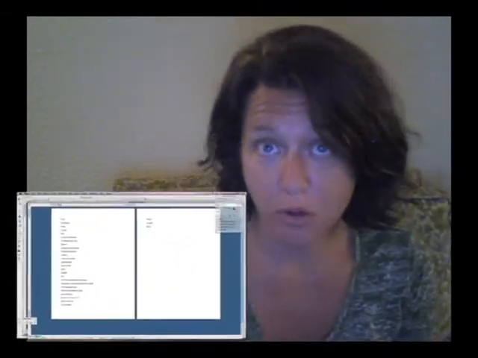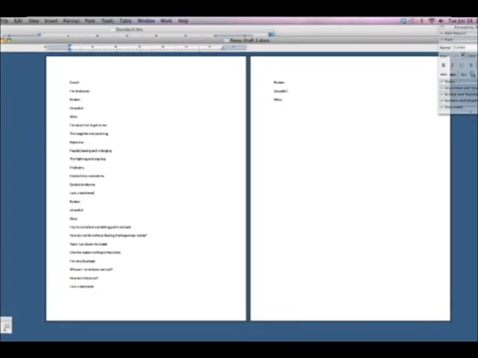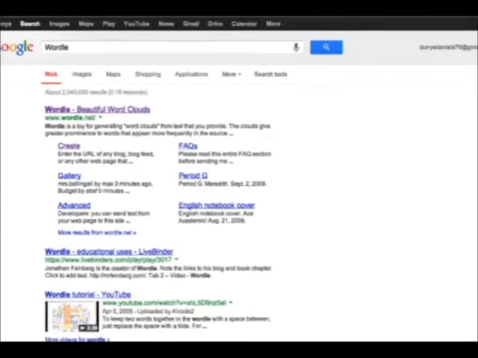So you wrote poems and you wrote them in your writer's notebook, and then we typed them up in Google Docs or Microsoft Word. So what you're going to do now is we're going to figure out how can we revise those poems. How can we edit them and then rewrite them using a program called Wordle. So go ahead and pull up that poem, and then go ahead and go to the internet, and you're going to go to